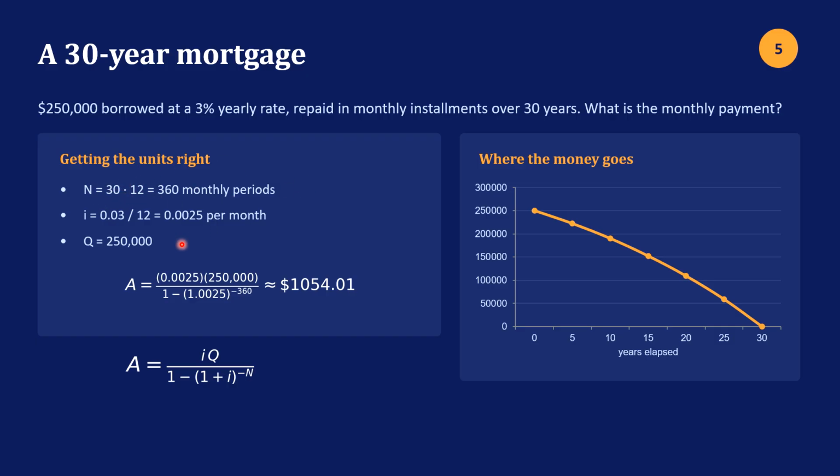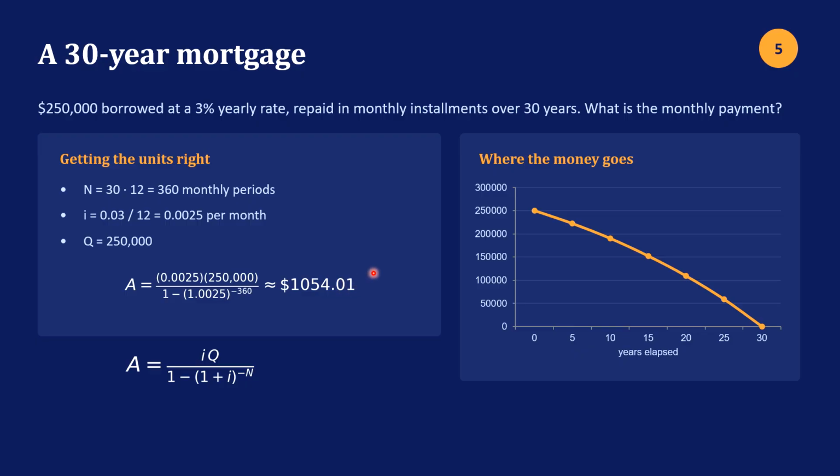That's the number of periods. The rate is 0.03, the nominal yearly rate, divided by 12. And that gives us our i, 0.0025. Q is 250,000. And we just plug those in, use a calculator, and we get $1,054 and